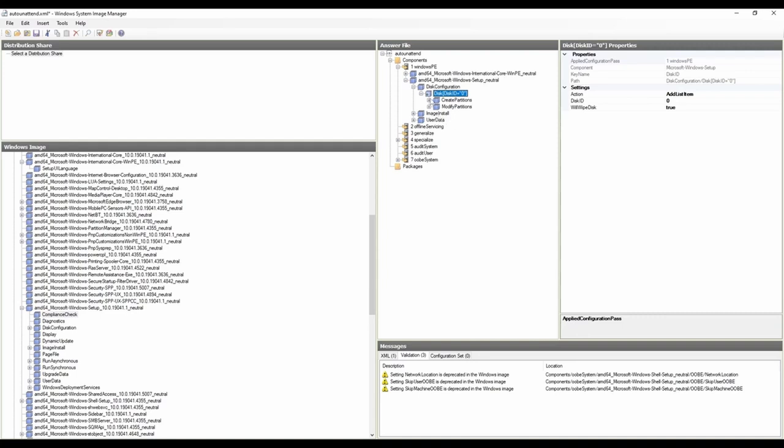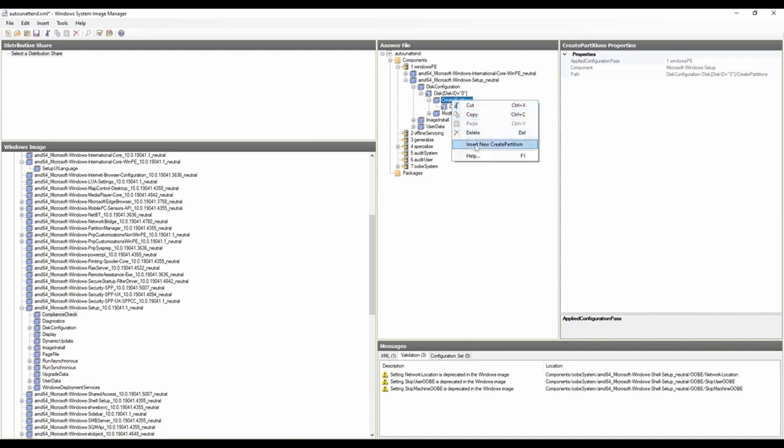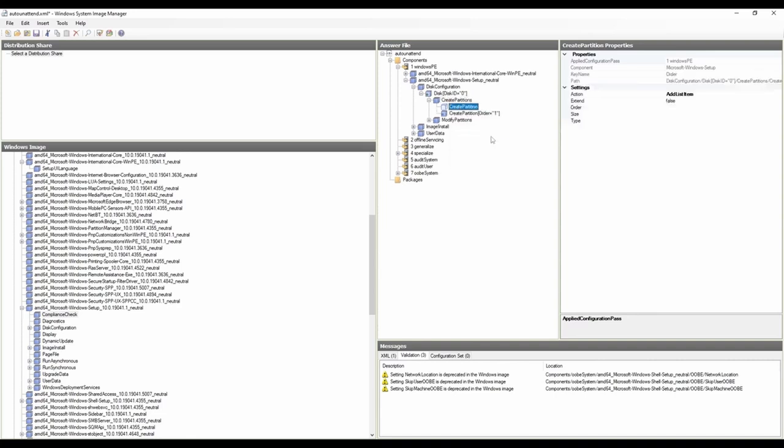And I've created the partitions perfectly. So obviously disk configuration, disk, and then create partition. You create 4 partitions. So you can actually just right click on create partition, insert new create partition. So you create 3 or 4 of them if using the GPT format, and then you're gonna have to put in all those settings,